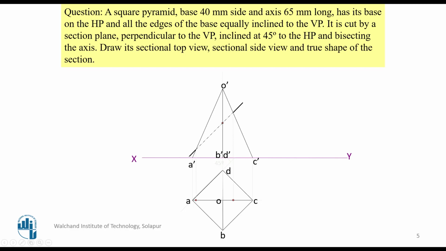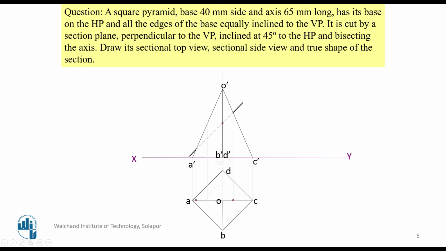When you are projecting this particular point, the center line cutting point, not the axis line cutting point, this central position is coming on the OA and OB edges. If it is in this position, you have to bring it on the true length only. In some cases only one edge is coming in true length, and on that edge only you have to bring the projections. Now both sides are true length, so I can bring it left or right, it doesn't make any difference. Bring this point here, bring that in the downward direction, and it will cut this line. Because you have brought it on the OA line, it is going to cut it here.